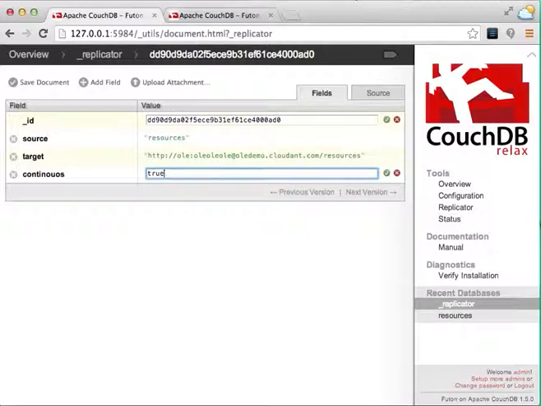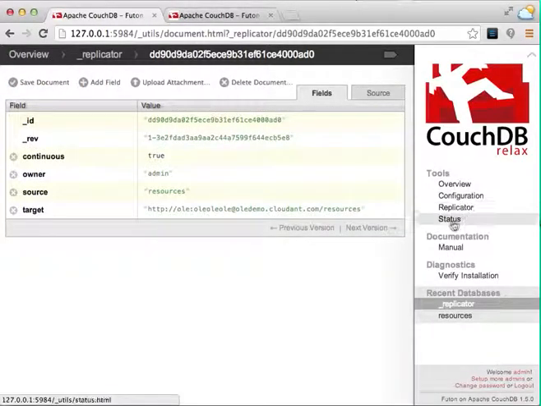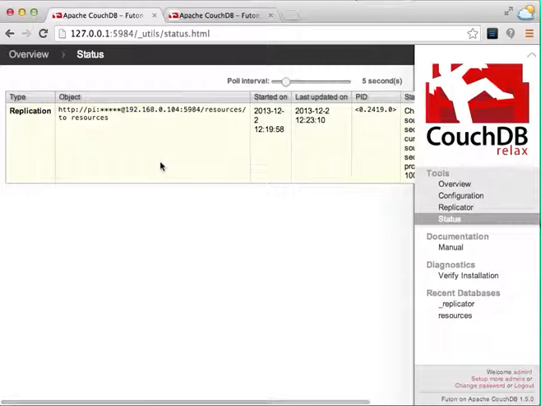True. And save the document. Go back to our status. And now we don't see that the